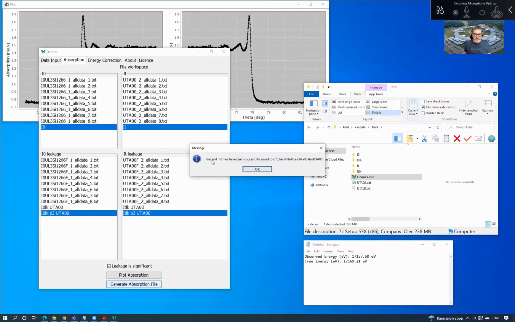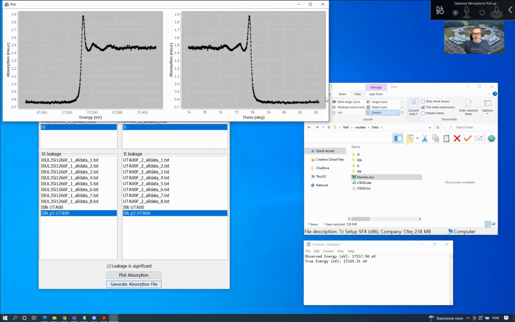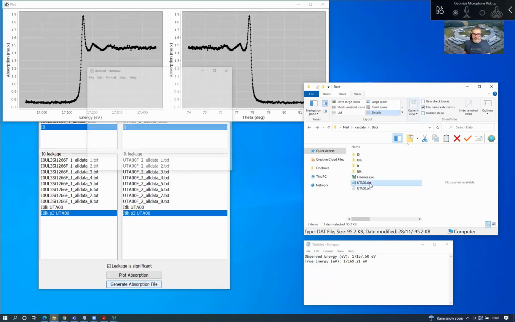It will then tell you that it's successfully written a .dat and a .list file to your preferred folder. Okay, so click OK. So if we look here on the right-hand side, you can see it's successfully written these two files, uta00.dat, uta00.txt. So if we open the .dat file first of all,